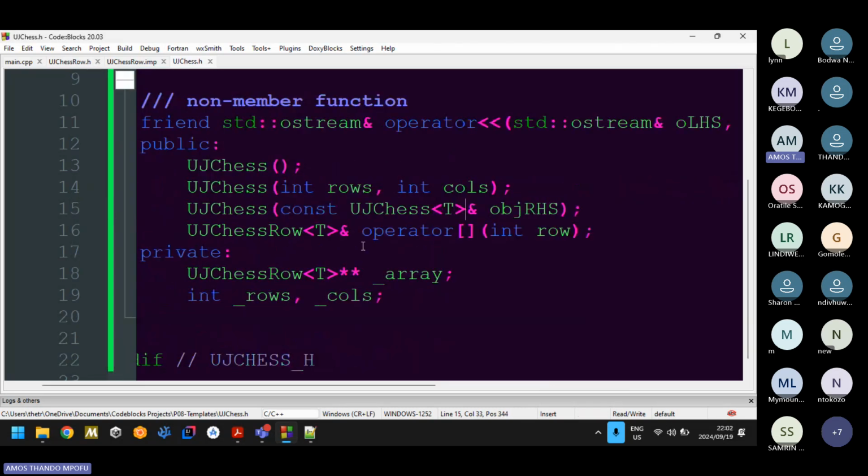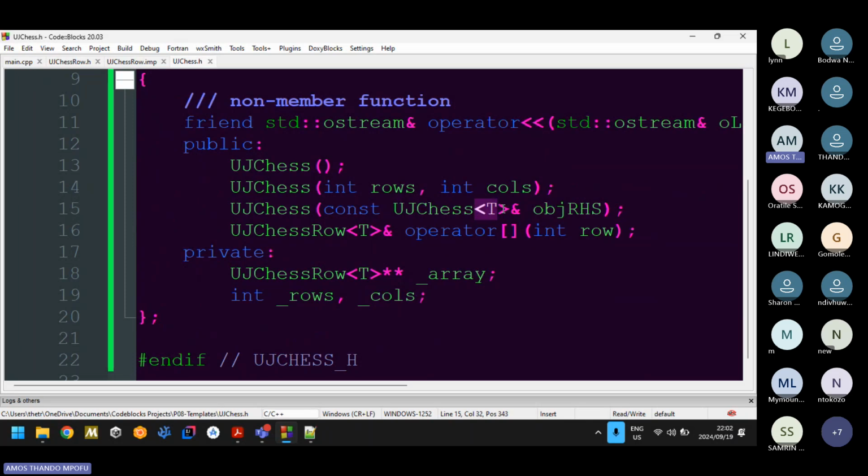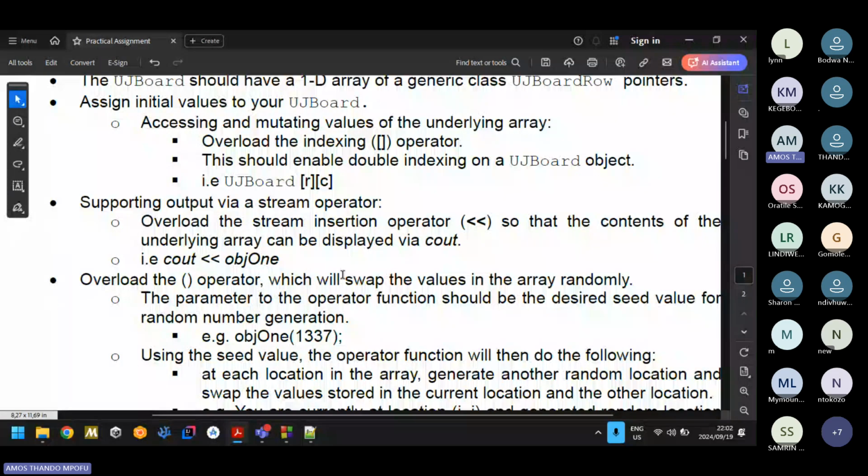It's been a while since I've used templates, since you guys are just used to declaring the classes normally. So this should be declared in this way. And then what's the other operator? I think this is the last one, the assignment. So we're left with two operators. So overload the